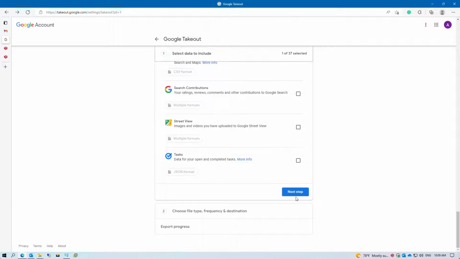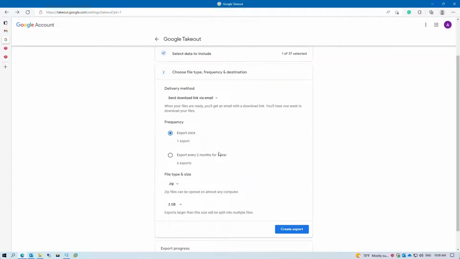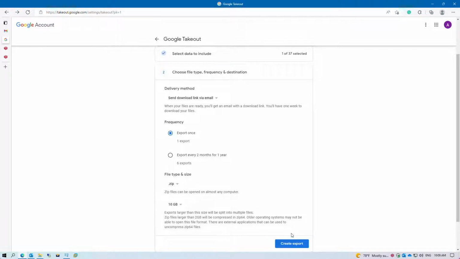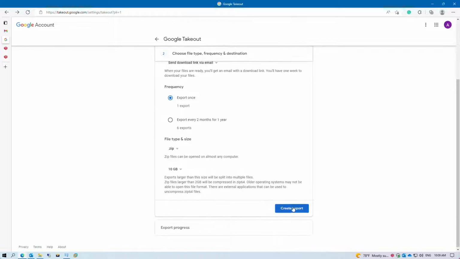And then we head on over to the next step. It should give you a delivery method: send download link by email, export once, file type a zip file, and let's put a 10 gigabyte file size limit. So we click on create report